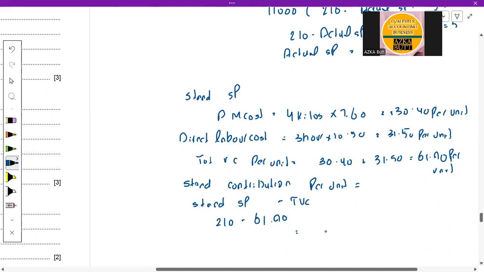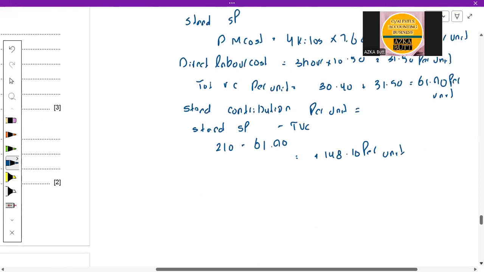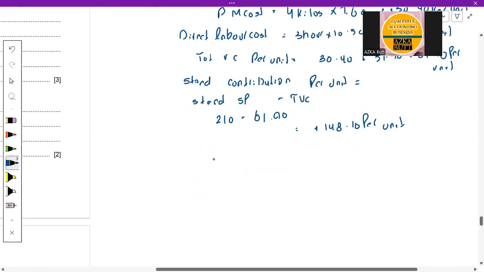So it means that your standard contribution is equal to 148.10 per unit. So standard total contribution is equal to 11,000, the number of units, multiplied by 148.10, the standard contribution per unit,